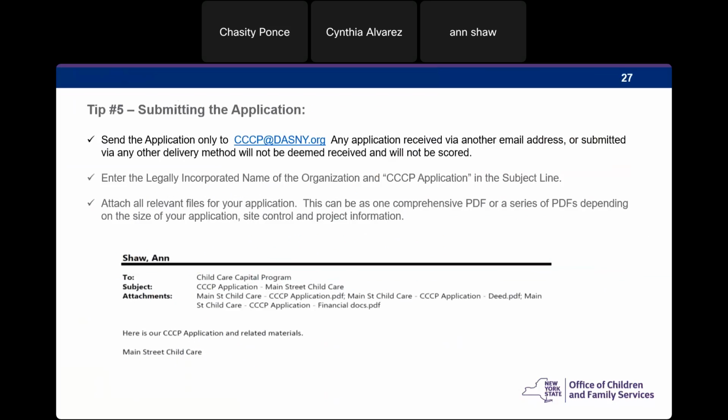Now we come to submitting the application. Ta-da! The critical moment. You are to send your application only to the following address: cccp@dasny.org. Very simple, short, and easy. Any application received any other way, whether you send it to a different email address at DASNY, somewhere at OCFS, or somewhere on the moon, submitted via mail, doesn't matter what the other delivery method, we won't deem it as received, and it will not be scored, not even for eligibility. All applications must be sent to